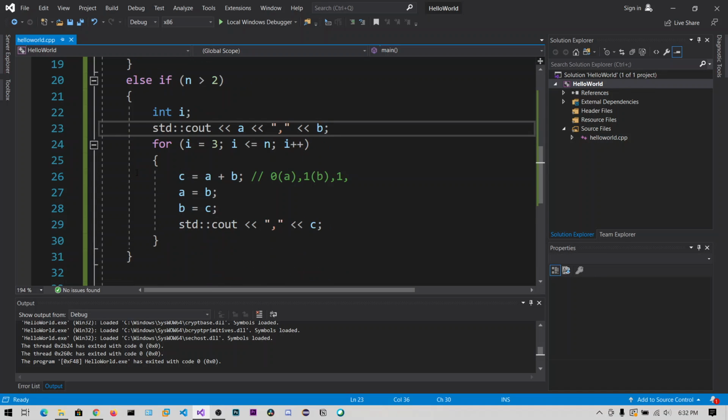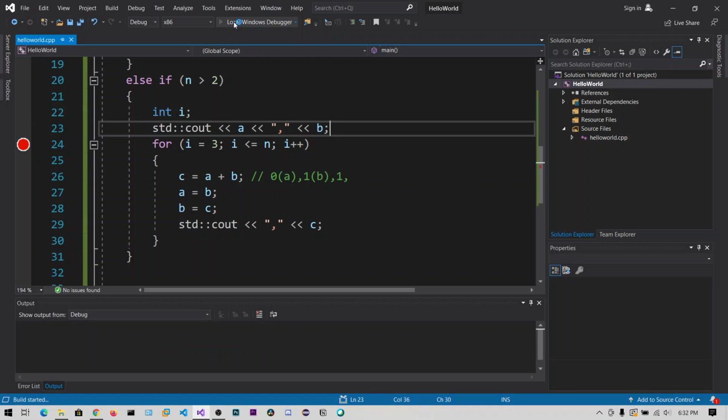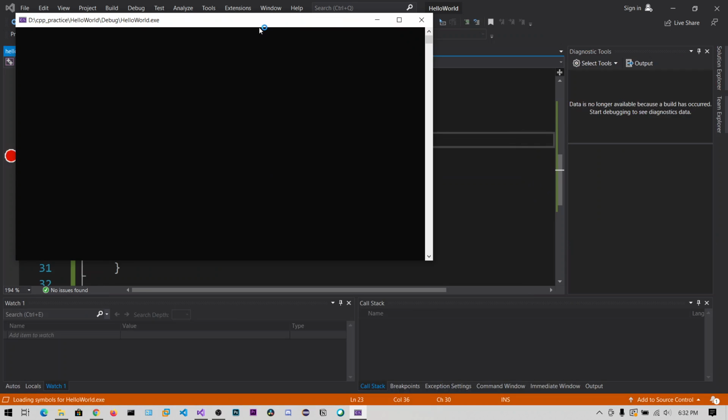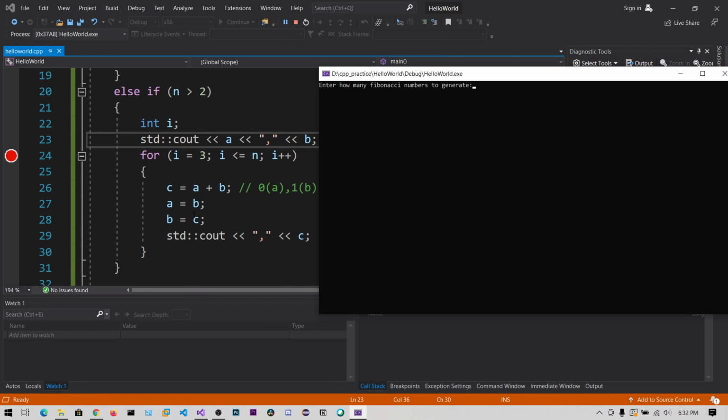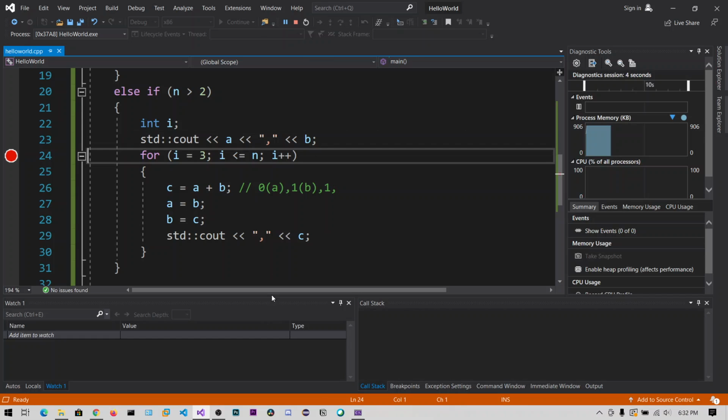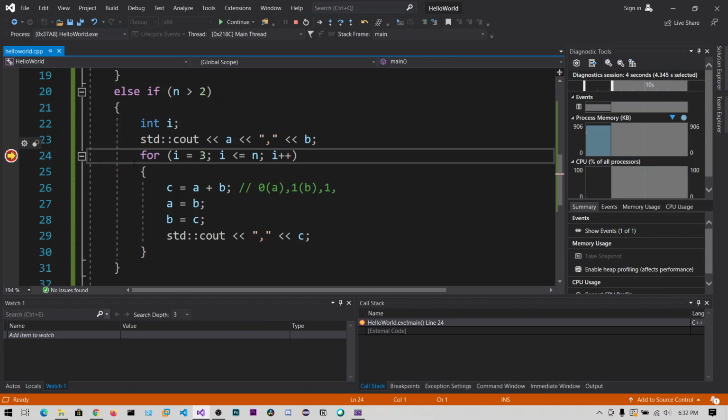So now let's put a breakpoint at this loop. Now let's run the program, and I want to show you these instructions inside the loop. Now let's say 5. Now you can see this instruction is going to be executed, that is our for loop.